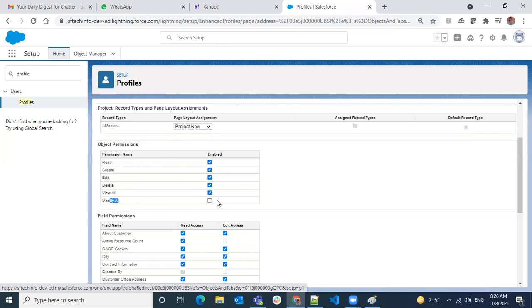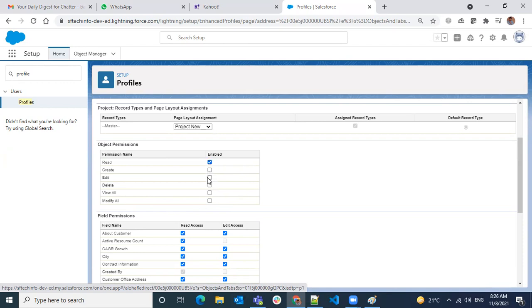So if I remove modify all, you don't have any issue. But if I directly give modify all, observe, it will automatically check some of the boxes. It's mandatory to give this access. Why? Because when you say modify all, these are all the permissions they are going to get. So if you remove even one, it's not going to be modify all.